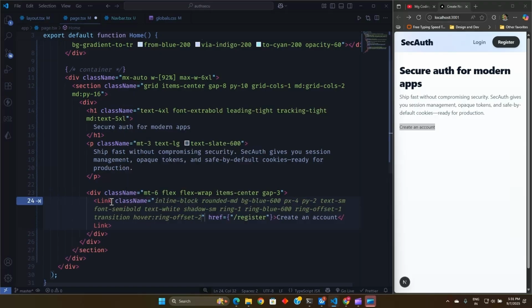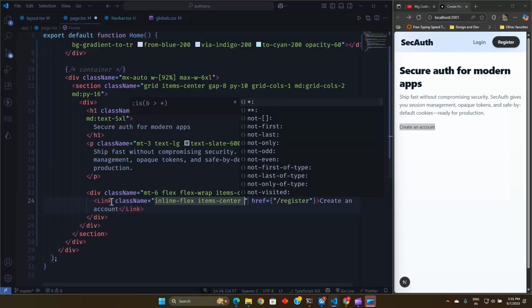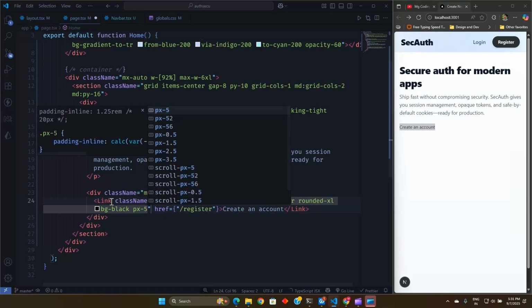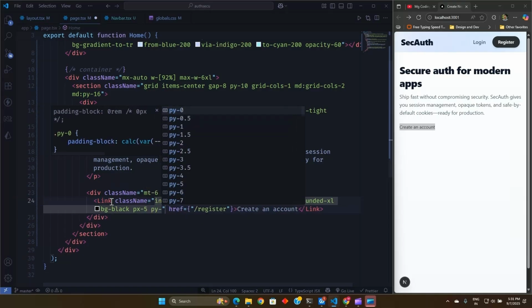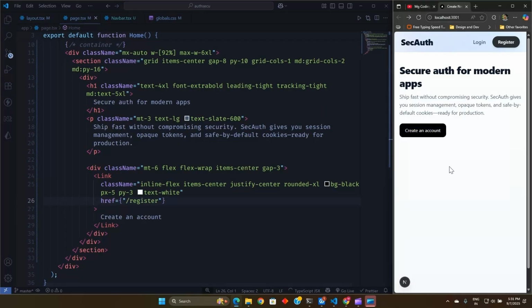So for this we will make inline flex, and items to be center and justify center, and rounded will be of XL size, and background color will be black, and padding X is 5, and padding Y is 3. And let's add some text color to be of white. And for now let's save it, and currently you can see this is our button, and there is more style